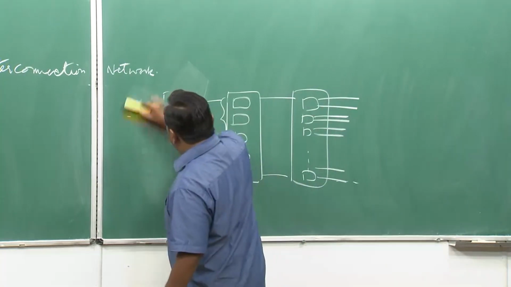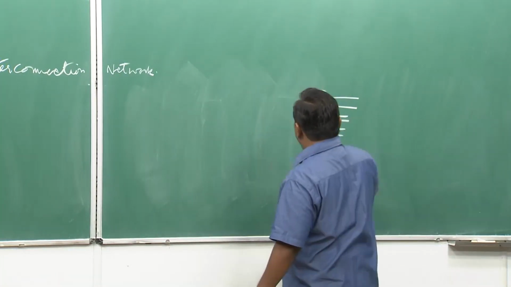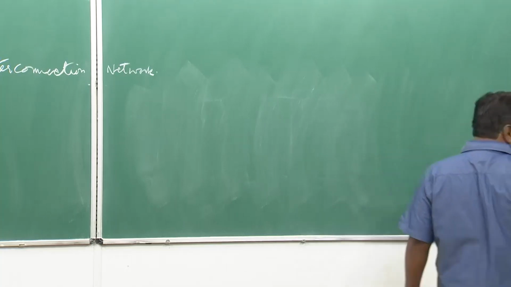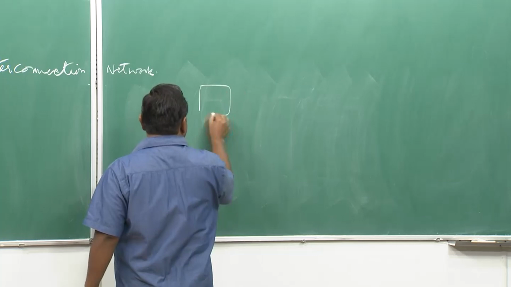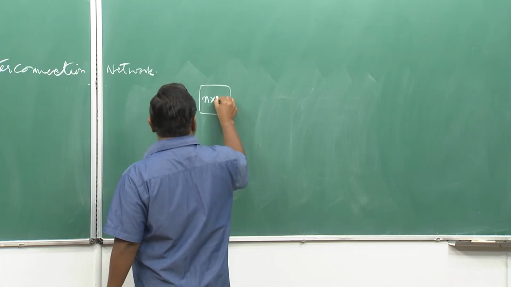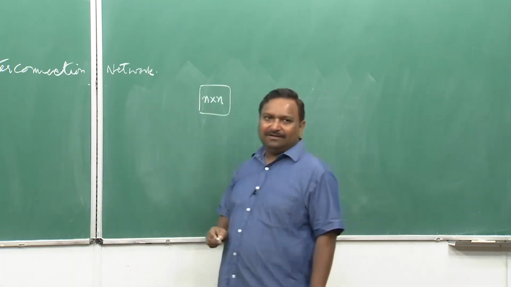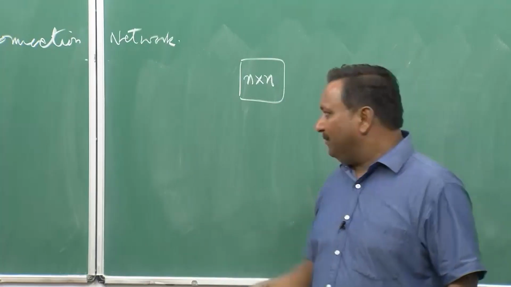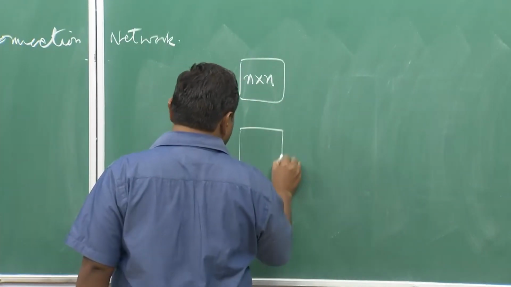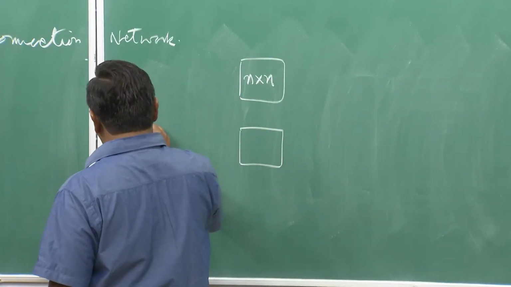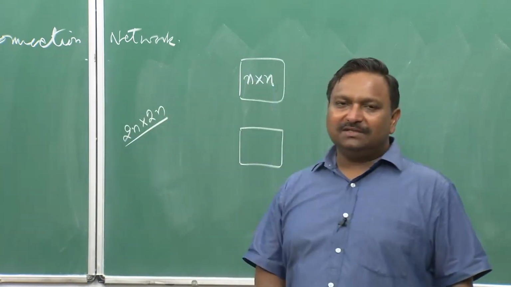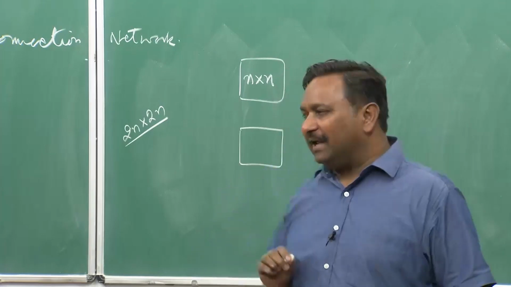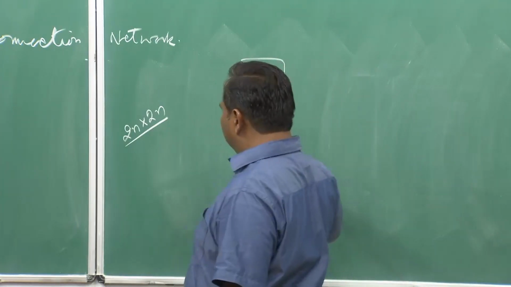So, I am going to build up a very simple switch and see if I can get a strictly non-blocking switch or not. So, let me put up a small n here, and 2 of them. So, probably I want to build up a 2n by 2n strictly non-blocking switch using n by n, small n by n crossbars,